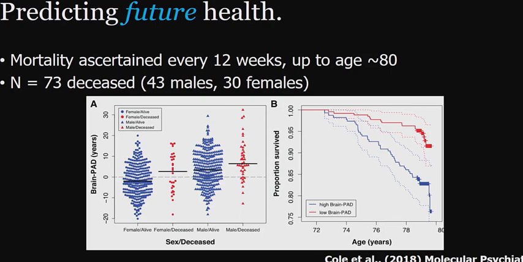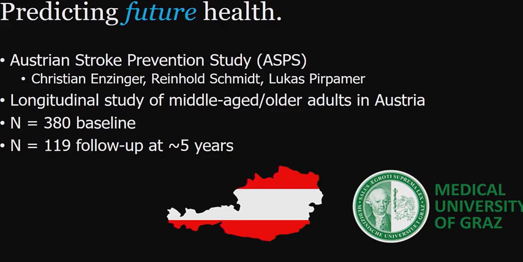And actually, we could use their brain predicted age as a regressor in a Cox proportional hazards model to predict how long they had left to live. So it does seem that brain predicted age in this context is a general predictor of longevity. We've also done some work with University of Graz in Austria, looking at the Austrian stroke